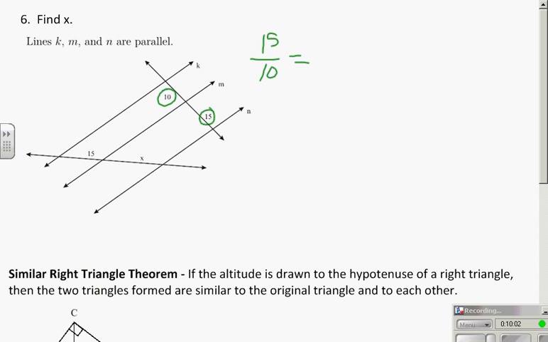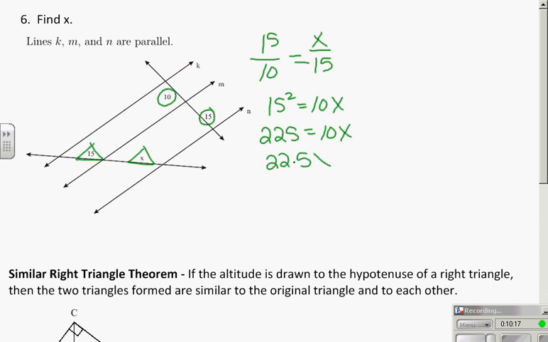So I can set up among many, 15 over 10 is going to be equivalent to x over 15, cross multiply, and when you solve, you have 22.5 equals x. Again, I will do a separate video for that review problem and a separate